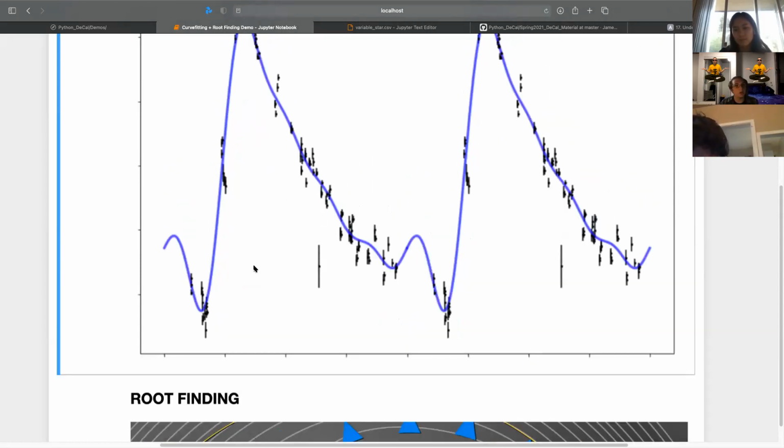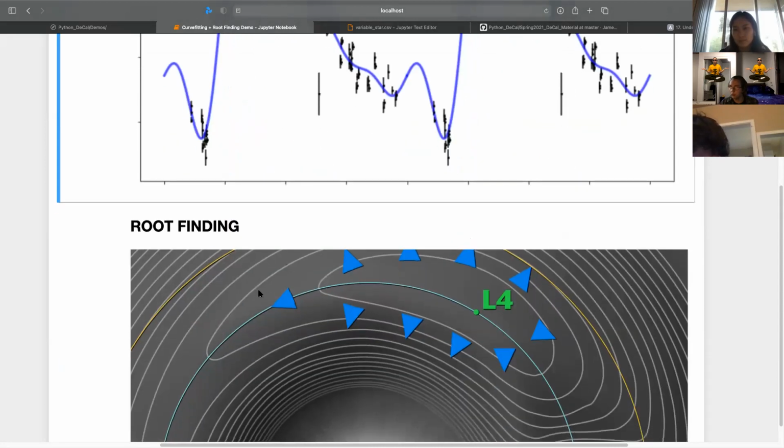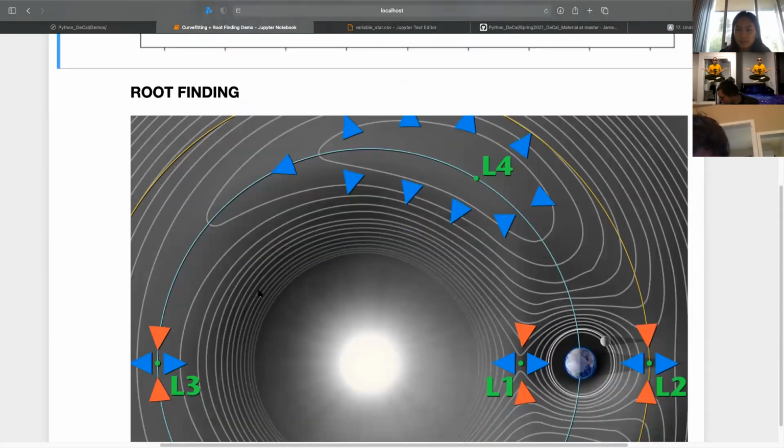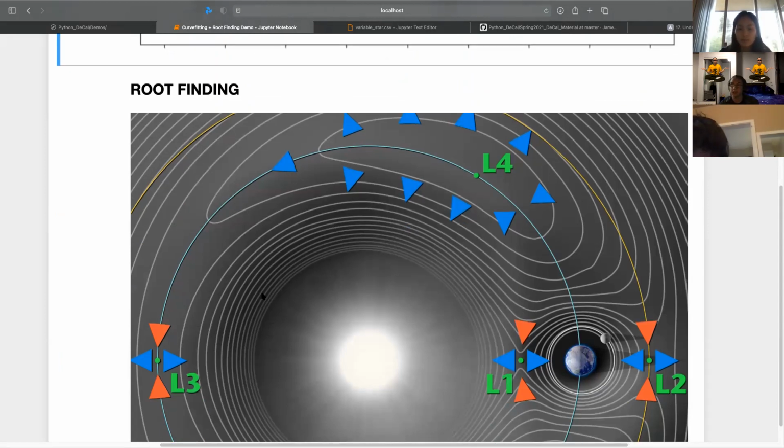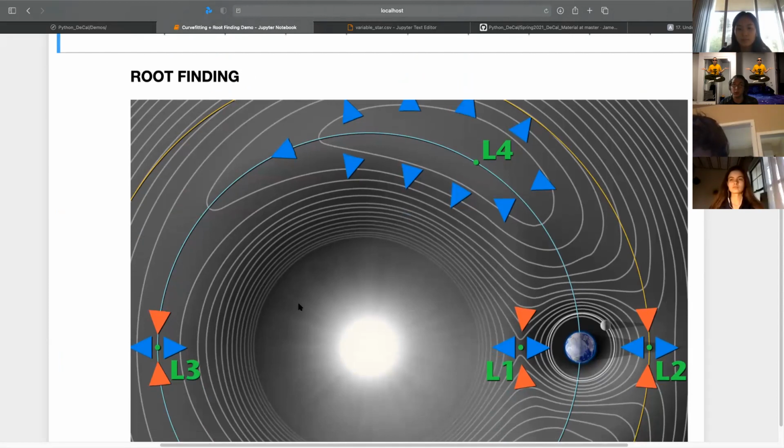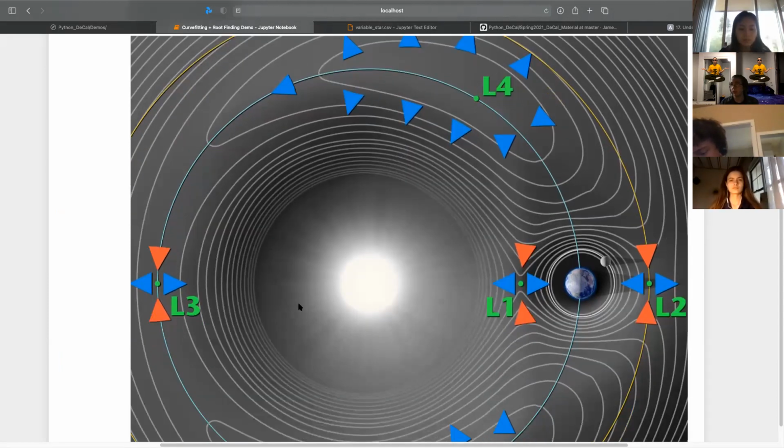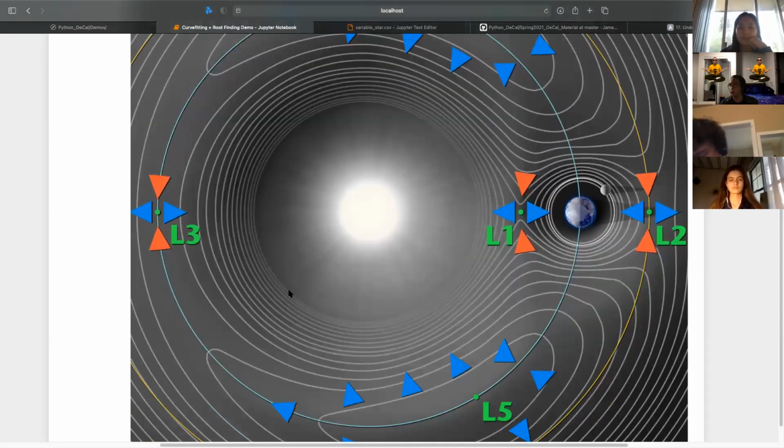And then I want to give you one example on root finding. So this is a real life practical example that you might actually need if you were going into doing research or whatever. And this would be like finding Lagrange points, for example. So it's known that